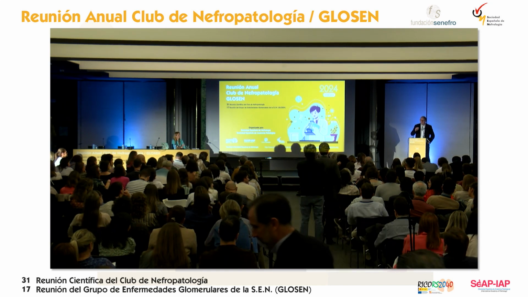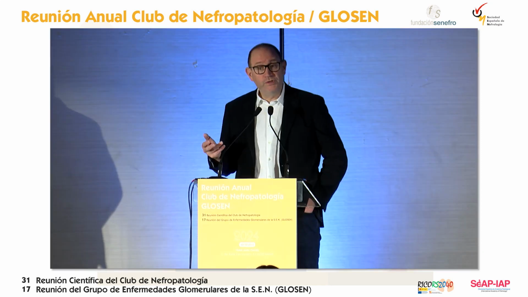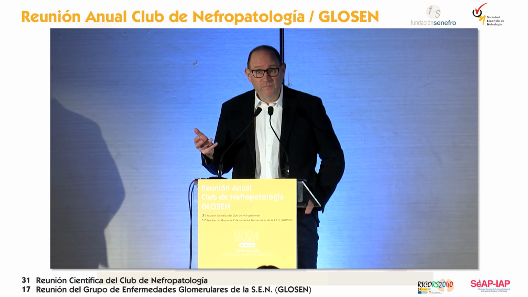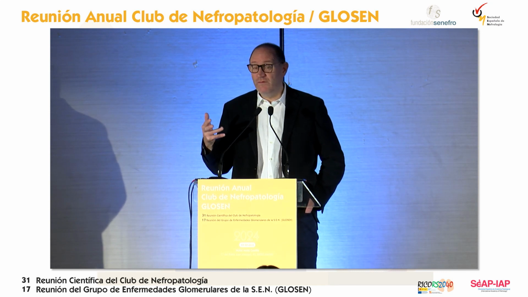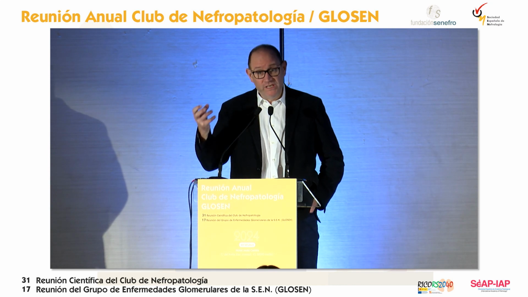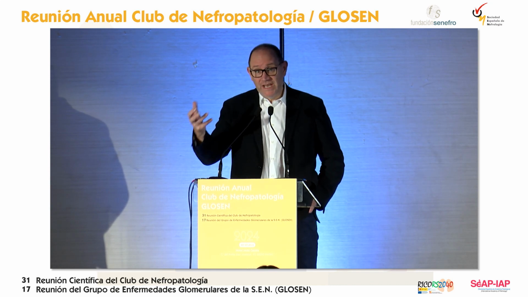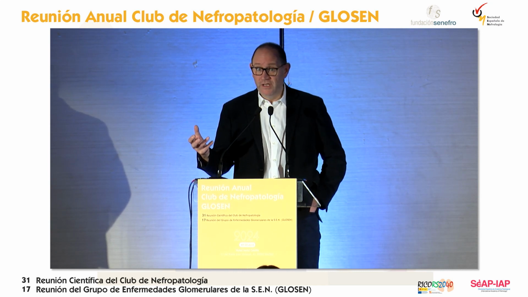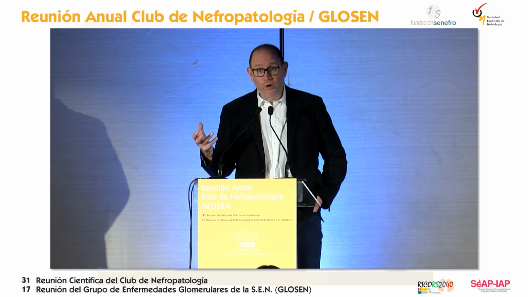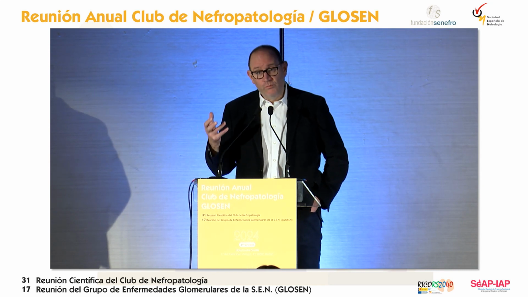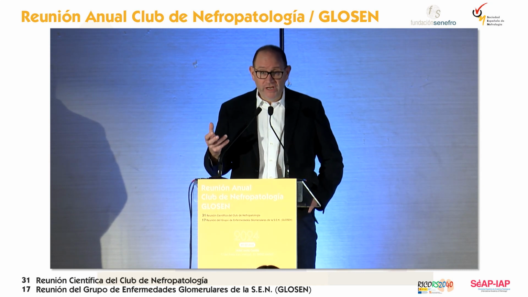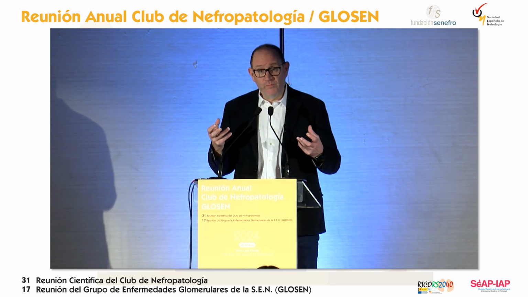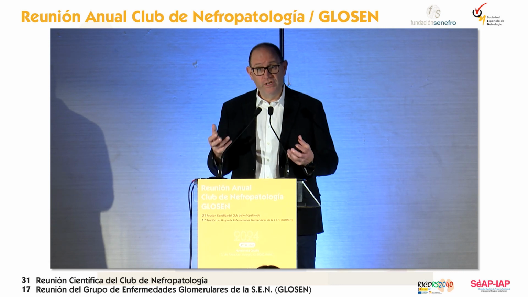So I think complement is as important in IgA vasculitis as it is in ANCA vasculitis. I think actually in IgA vasculitis it's possibly even more, because we have the immune complexes and we can see the C3 actually stands out, doesn't it, on a kidney biopsy, whereas in ANCA vasculitis you have to really look hard to see complement deposition, but we know complement is important. So I think complement is going to be the major driver for glomerular inflammation in IgA vasculitis, which is why I think complement therapies will be a fantastic acute treatment.